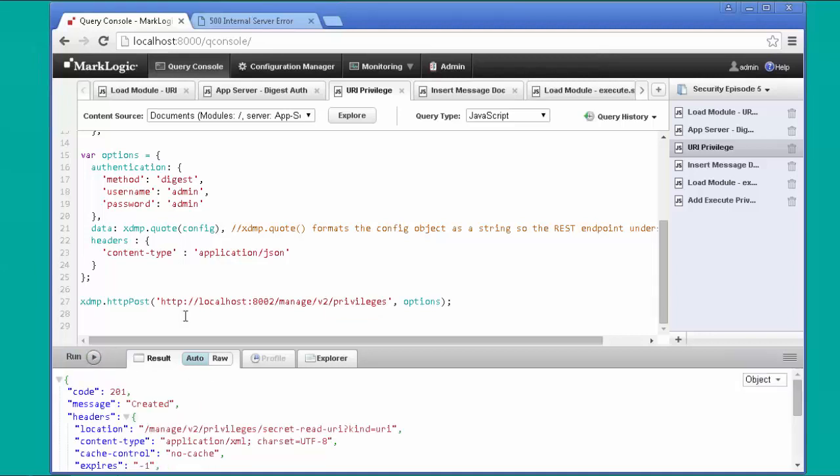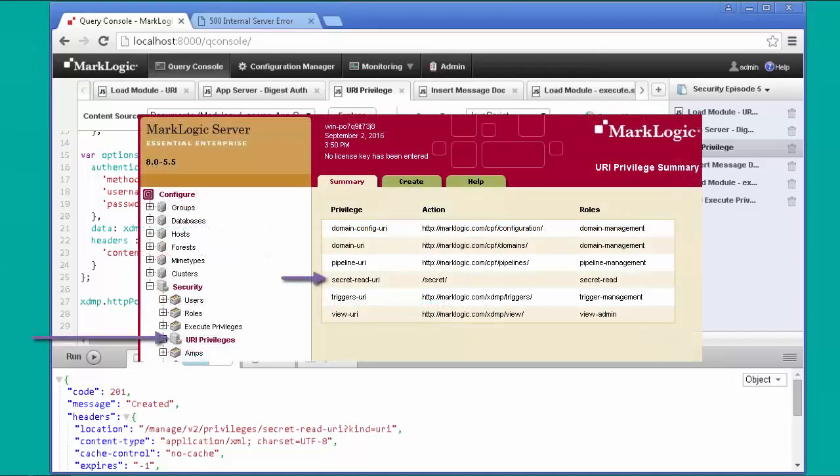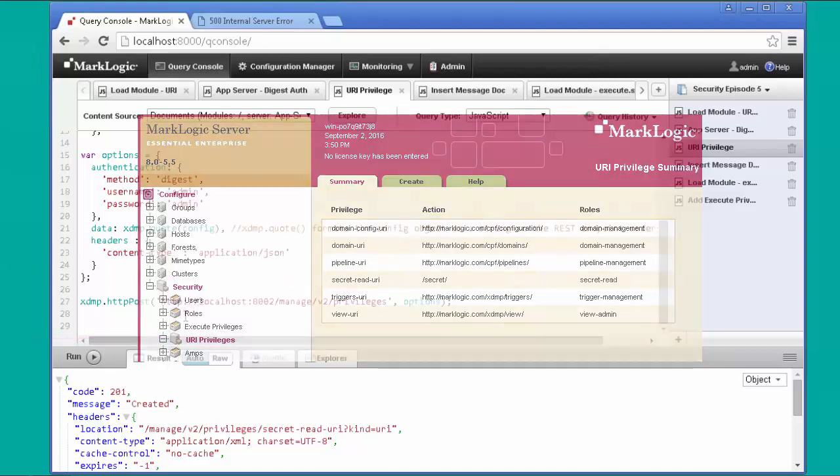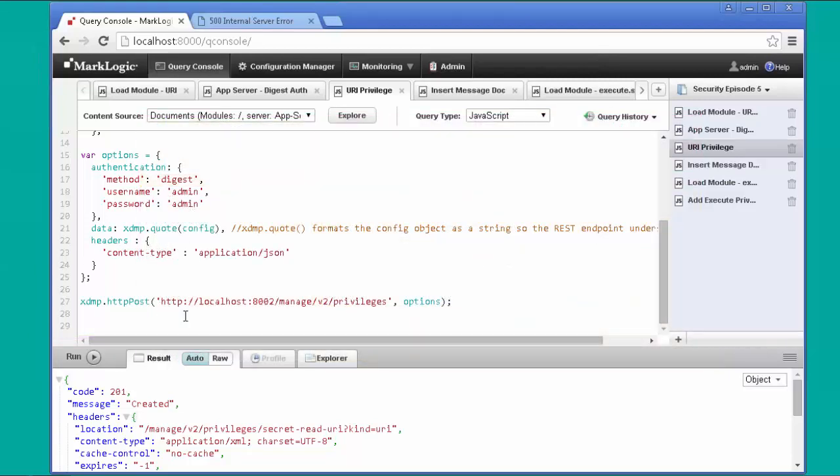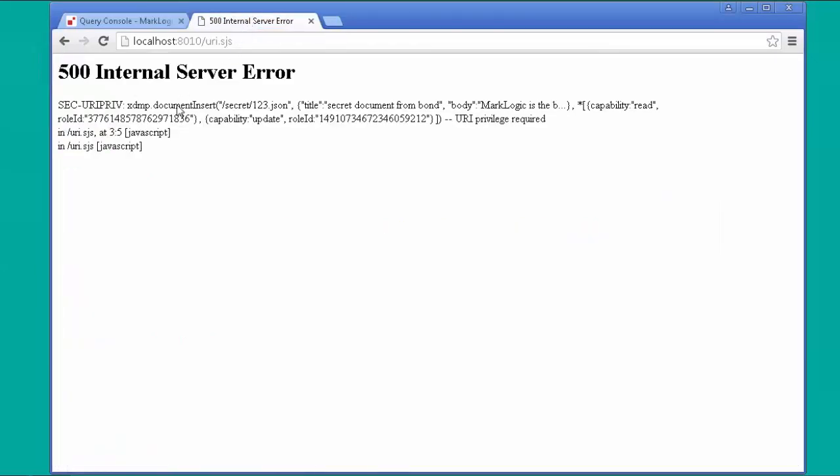And remember, to set this up, you could have done this through a variety of approaches. You could have done it manually through the admin interface or scripted it with the admin API. We chose to use the Management REST API because it's a great tool for application deployment and automation. Okay, so now that we have created that URI privilege, let's go back to our application and refresh this, and